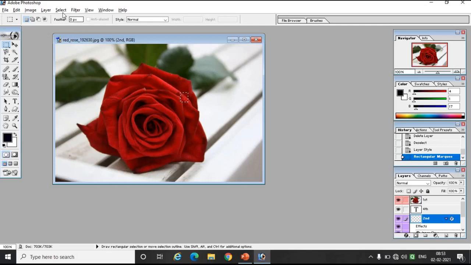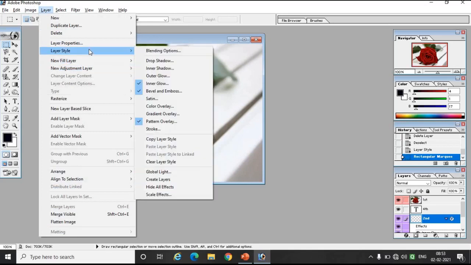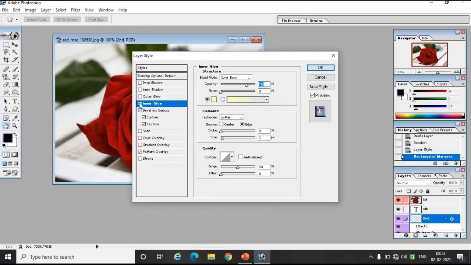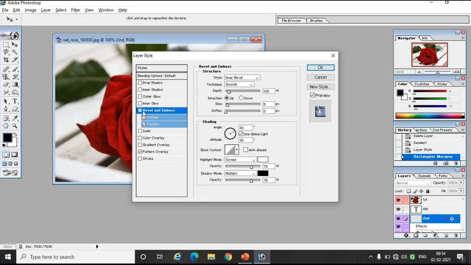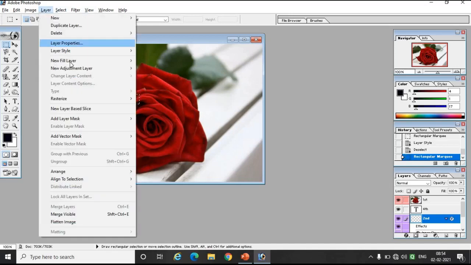So here just hold on, I will apply some other. Click on layer style, and here instead of inner glow I will deselect inner glow, and contour, and here I will just select texture. So bevel and emboss I have selected, and I have selected texture. After selecting texture, whichever emboss style I want, and other things I will keep as they are and say okay. So here the effects will be applied, but it's not yet applied,